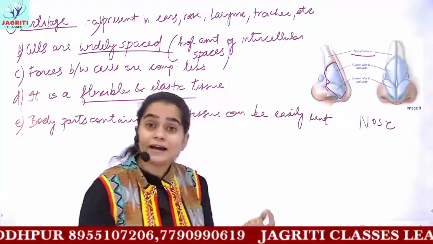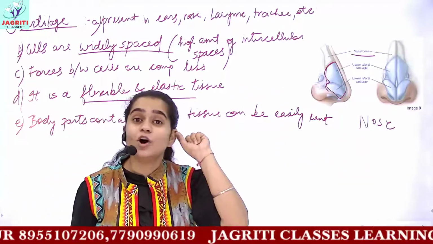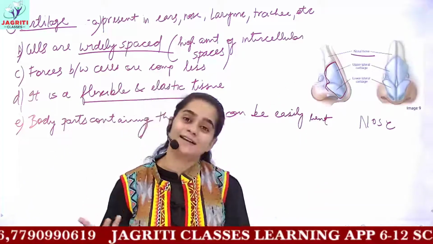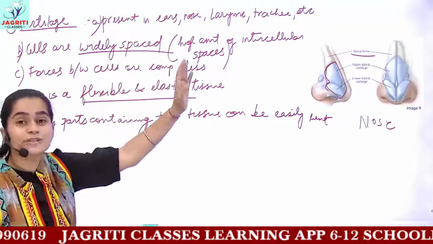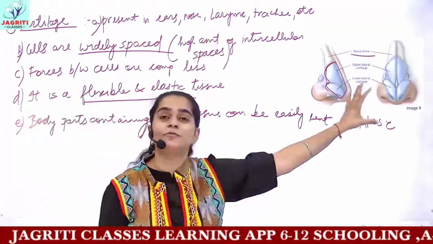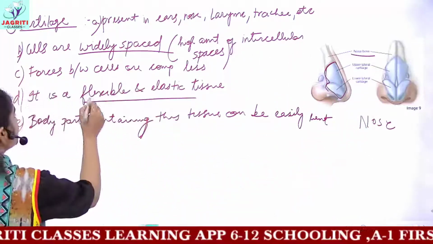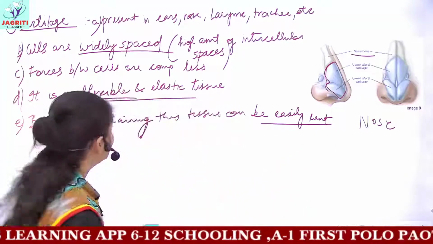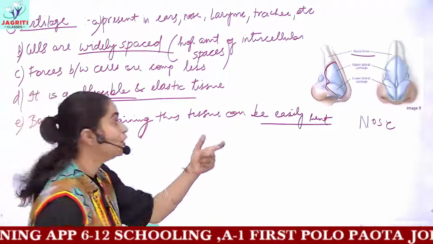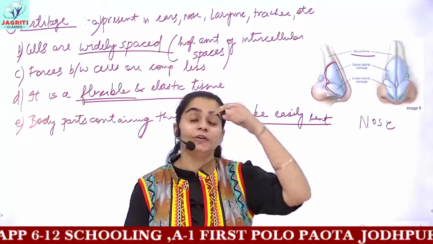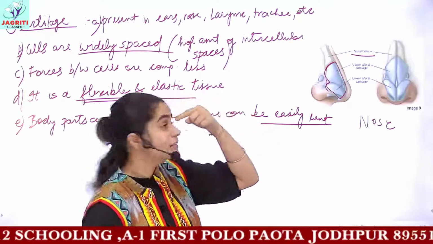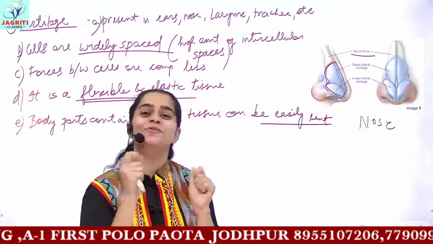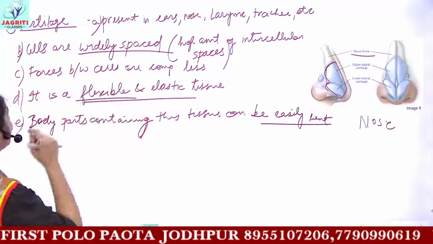So we can bend our nose, we can bend our ears, because see, I am easily able to turn my ears. Why? Because it is made up of cartilage. So in ears, nose, larynx, everything is made up of cartilage here, and because it is flexible, it can be easily bent without breaking. If you try to bend your nose, it would not break, okay? But if you try to bend this nasal bone part of the nose, it would break if you apply maximum force. So this is the account of cartilage.